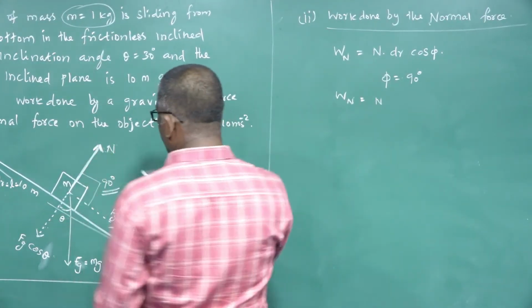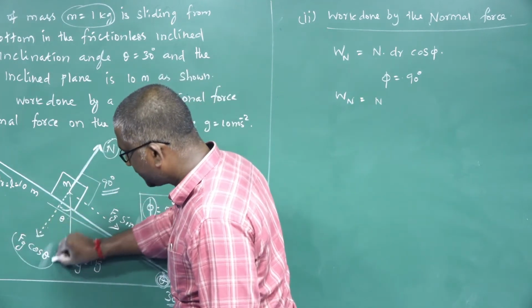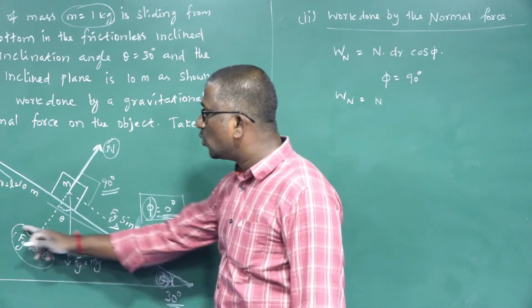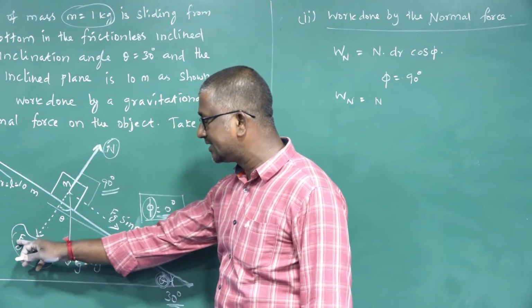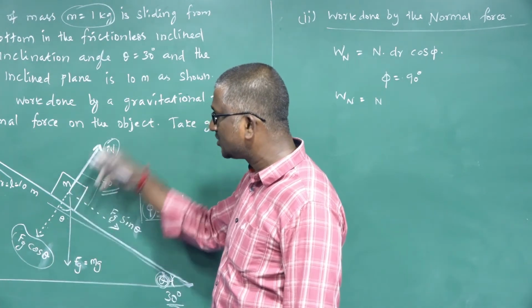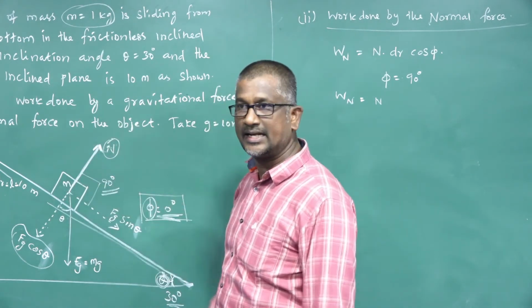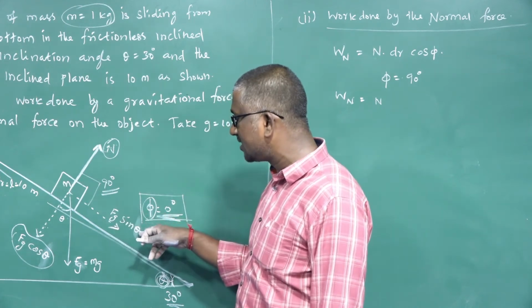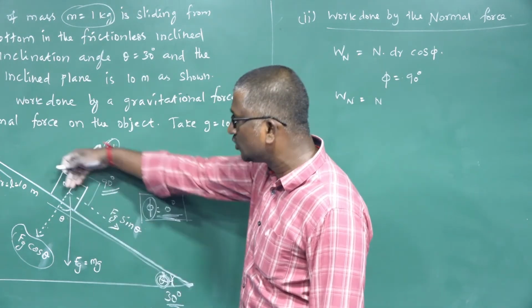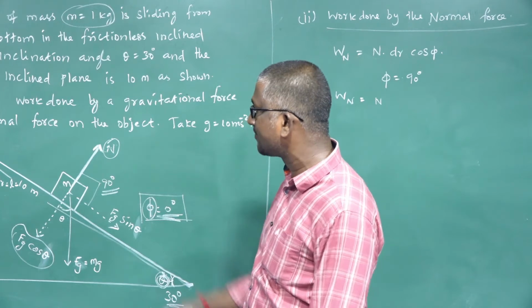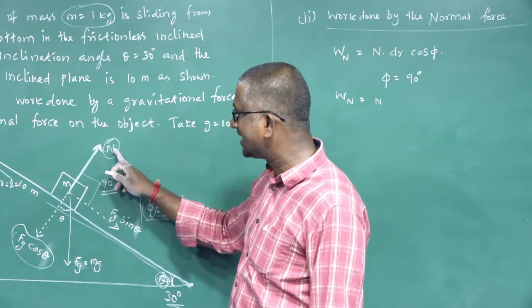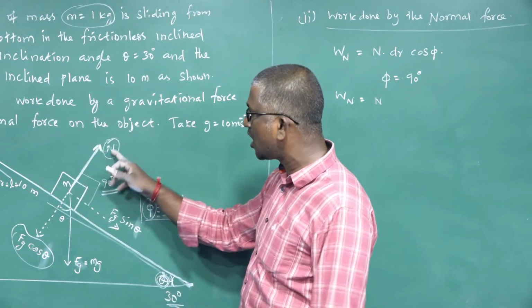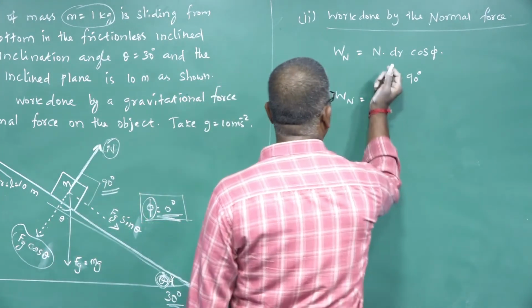Actually here the normal force is equal to Fg cos theta. This normal force is balanced by one component of the gravitational force, that is Fg cos theta. So that is why there is no motion in the vertical direction. Along the inclined direction only one force, the Fg sin theta component, acts on the object. So that is why the object moves in the forward direction. But the normal force exerted by the surface is balanced by this component, so there is no motion along the vertical direction. So normal force is equal to Fg cos theta.